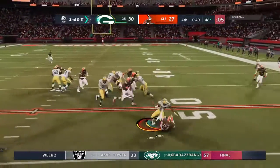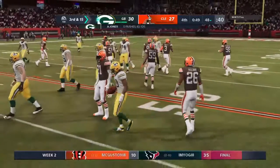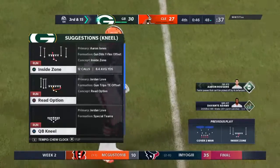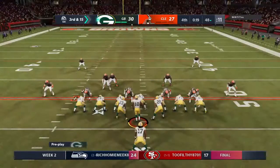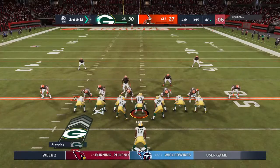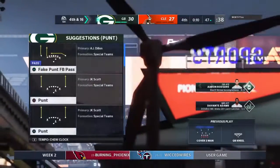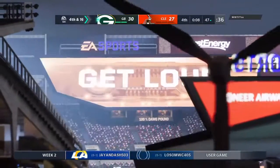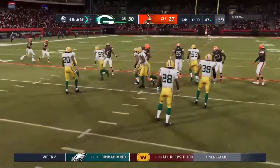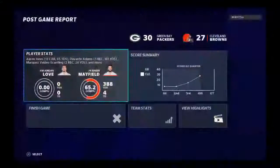On second down, it's Jones. And he's going to have to protect the football and take his lumps here at this stage of the game as they stop him behind the line. They'll wind up losing 4 yards on the play. And they're going to face an uphill battle here on 3rd and long. Down to a knee goes Love, and that should be the final act of this football game. Well, they certainly didn't appear to be fired up about their options throwing the football. So, to me, this seems like a case of just kind of taking their medicine there, run the ball, see if they can pick up something. Instead,